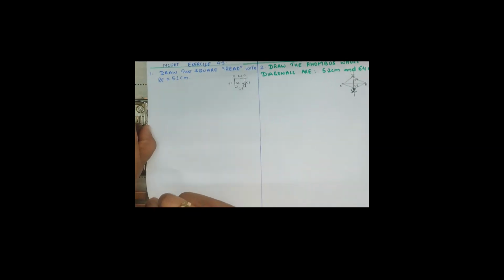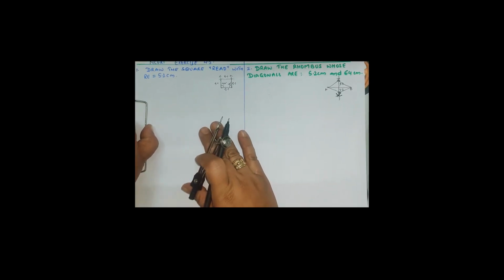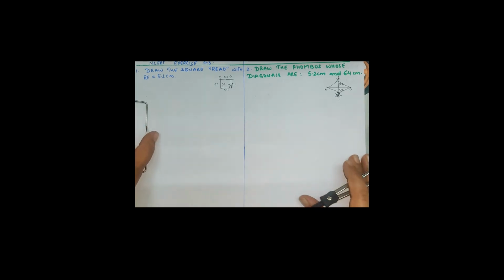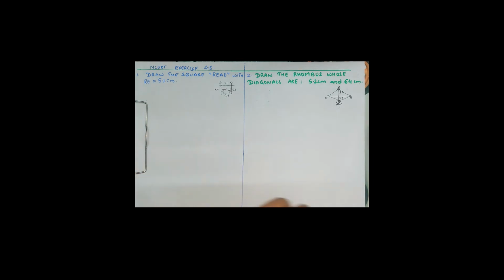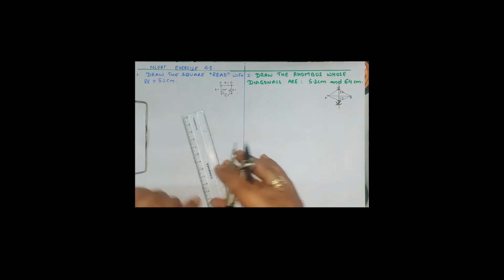4.5. So today again we will do the next exercise 4.5. Question number 1, very simple. You have to draw the square READ with the dimensions. Only one dimension is given, that is RE equals 5.1, because all the dimensions of the square are same. Thick. So take